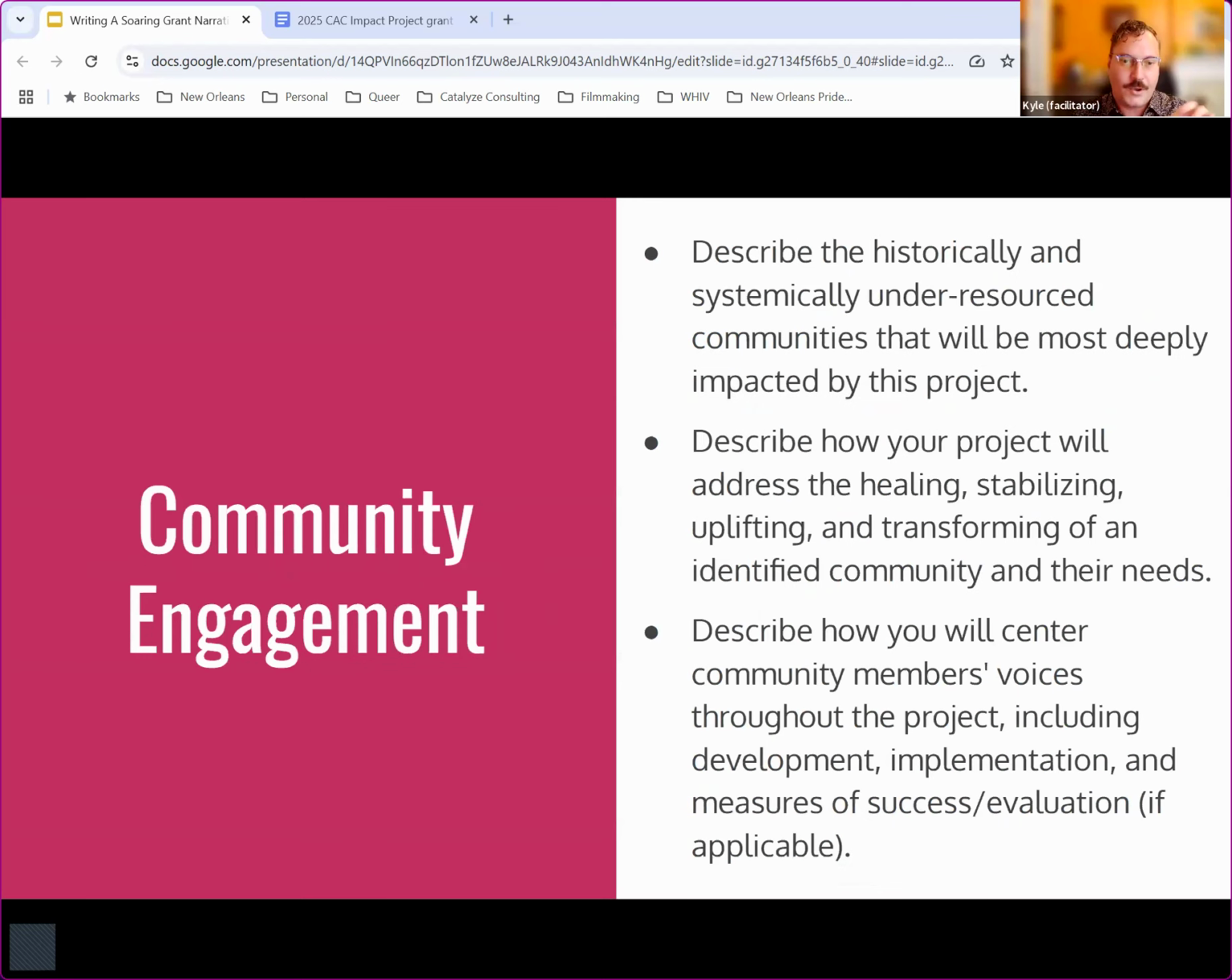Community engagement. So most of this is the same. Some of the wording's been reworked, describing historically and systemically under-resourced communities that will be most deeply impacted by this project. Again, we no longer have to deal with that California lowest quartile of the HPI language, which is really great. We can really just talk about those marginalized communities we're working with that we're doing the good work for, and not have to try to frame it through this interesting but kind of strange index that is based off of